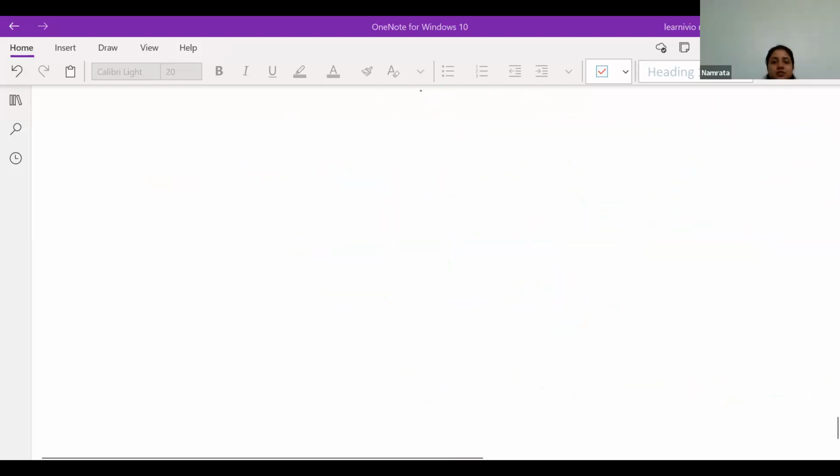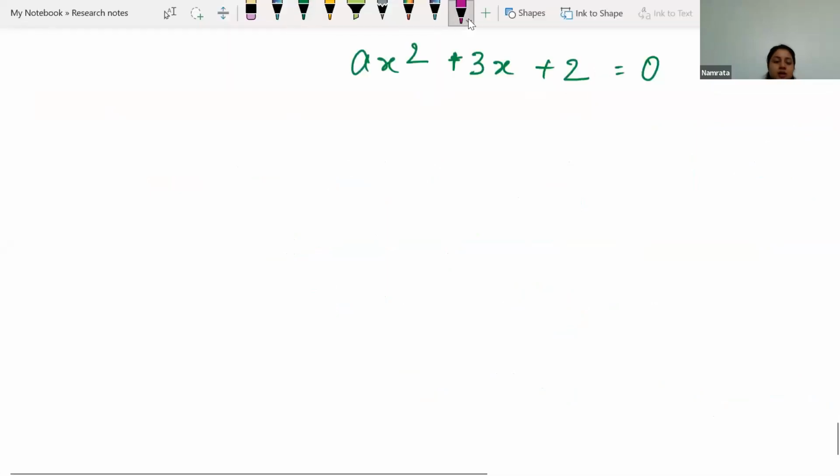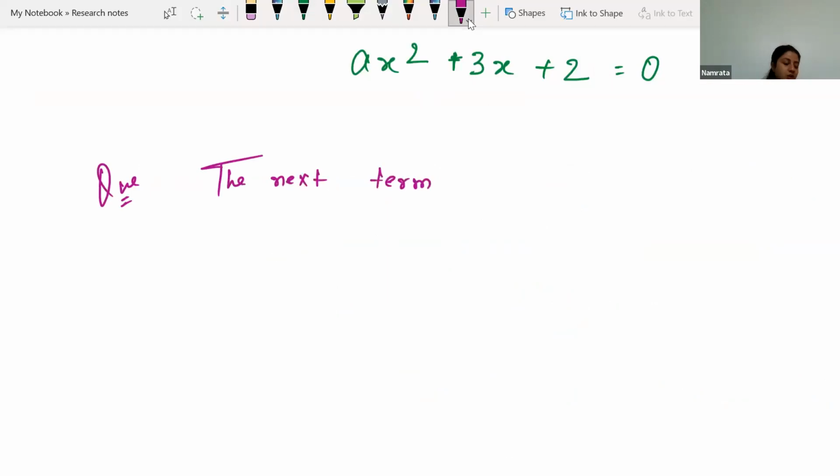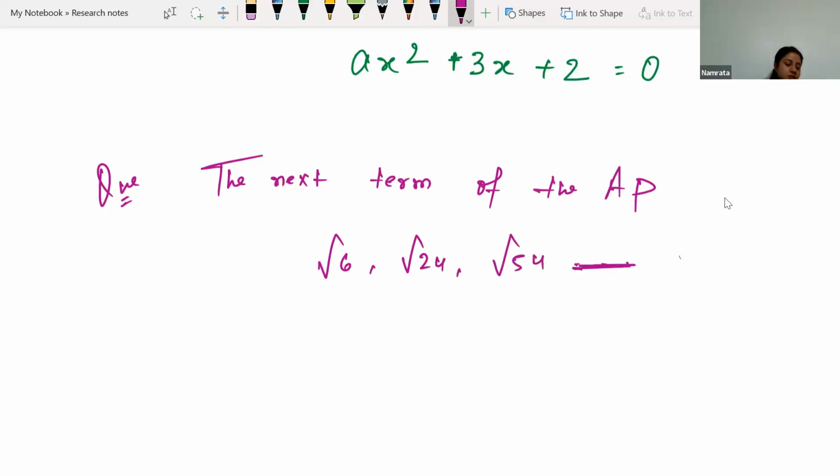If I give one random question from anywhere, can you see whether you are able to solve it or not? The next term of the AP root 6, root 24, root 54. The next term is